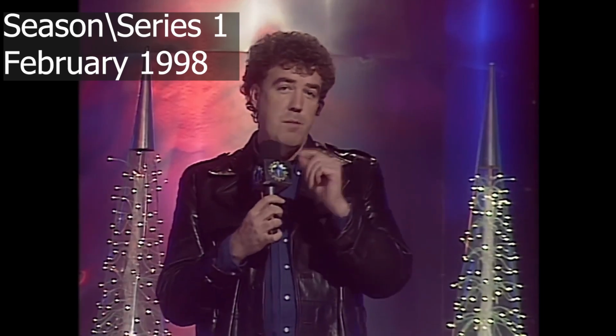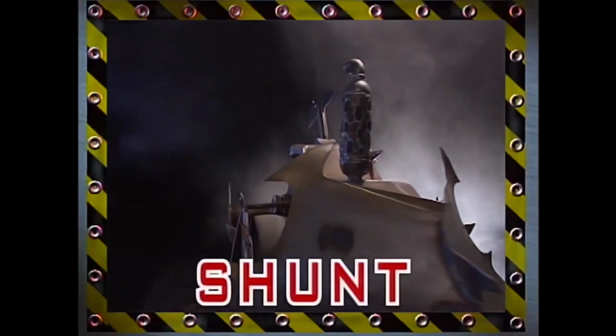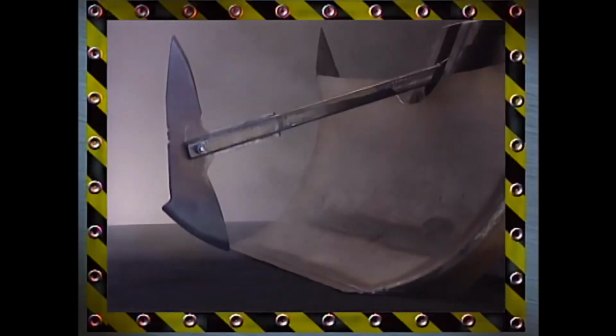They'll be fighting obstacle courses. They'll be fighting each other. And most worrying of all, they'll be going head-to-head with pure, indestructible evil. The House Robots. Shunt. Introducing Shunt, a power-packed robot capable of pulling a Land Rover and cleaving all opponents in